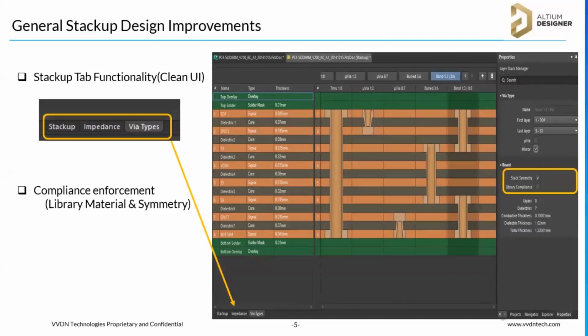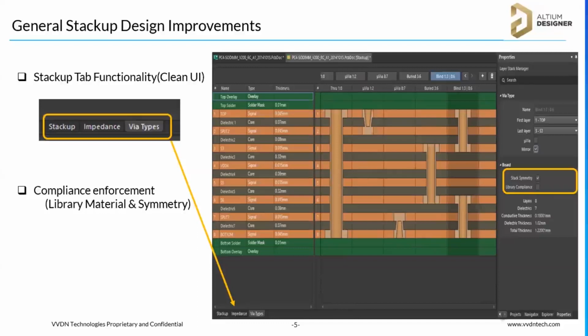And there is compliance enforcement, like stack symmetry, whether your stack-up is symmetrical or not. We used to say balanced stack-up, right? If we divide the stack-up, both sides should be symmetrical. So you can enable stack symmetry. If you remove one layer on the top side, the bottom side layer will also be removed automatically.